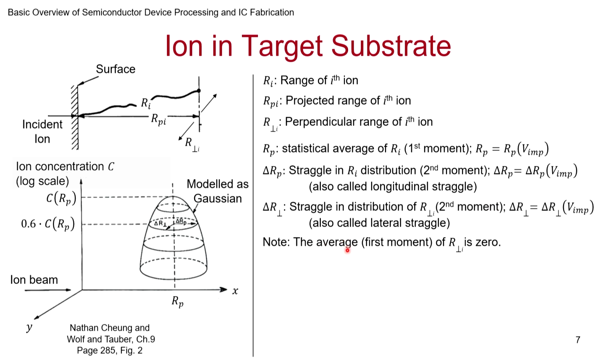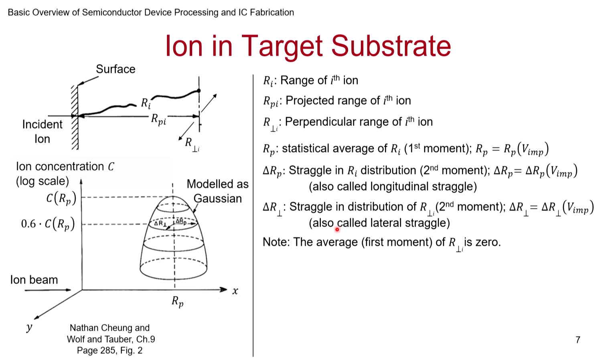As you might have guessed, the average of the straggle direction deviation should be 0, okay, but the standard deviation will be there because there is a distribution. But the average should be 0 because there is no bias that you are applying in the perpendicular direction. You are applying bias only normal to the wafer surface, but parallel to the wafer surface there is no bias. So statistically we expect that the average should be equal to 0.